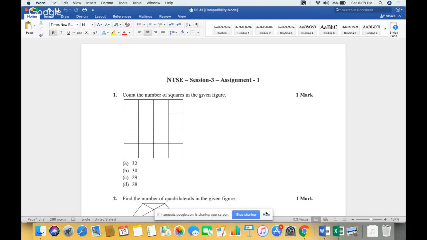Fine. So, today's topic would be to identify geometrical patterns and seating arrangement. Now,